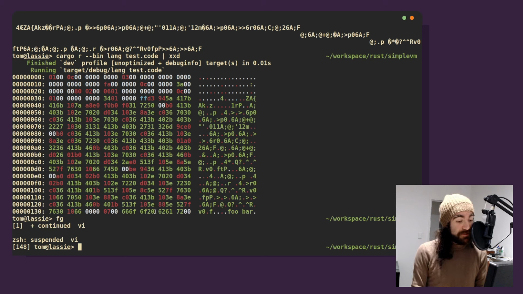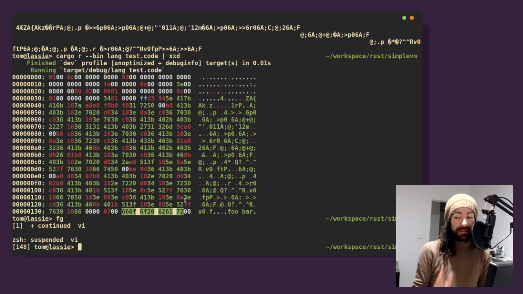We have our string, foobar, which is going to come along with a length. This is the length of the string, and I guess this is a 16-bit number, so that takes up two bytes. That's fine, we want strings longer than 256. And then we have the actual string itself, which is only 7 characters, 1, 2, 3, 4, 5, 6, 7, and then it stops. In this case, it's null terminated because it finishes on an odd byte, and we're going to pad that out by 1 byte, but ultimately strings do not need to be null terminated because we pass the length along with it. So this whole block is a piece of static data known as a string.